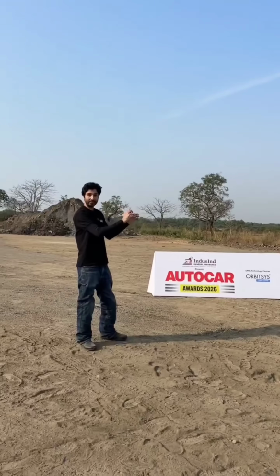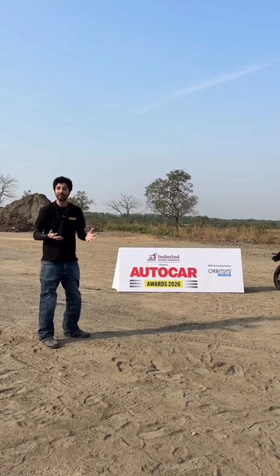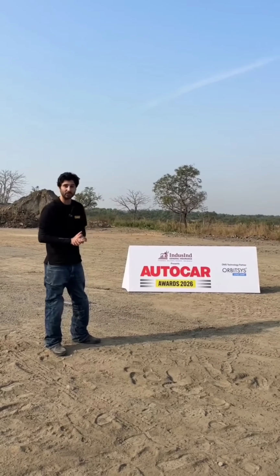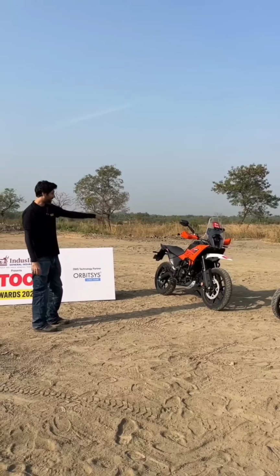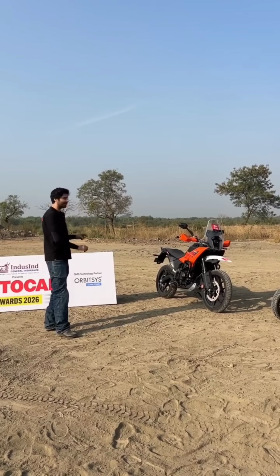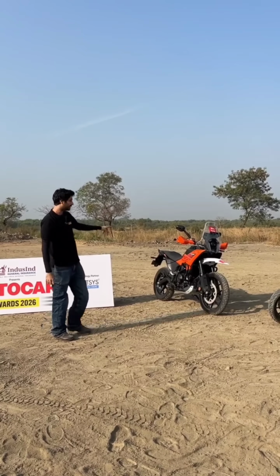We have a lineup here of the top contenders of new motorcycles launched in the country. There have been over 20 new bikes this year, and these are what we think are the top models. Starting with the 390 Adventure X. It is the more road biased machine, but it is fantastic value for money, full of features, strong performance, strong